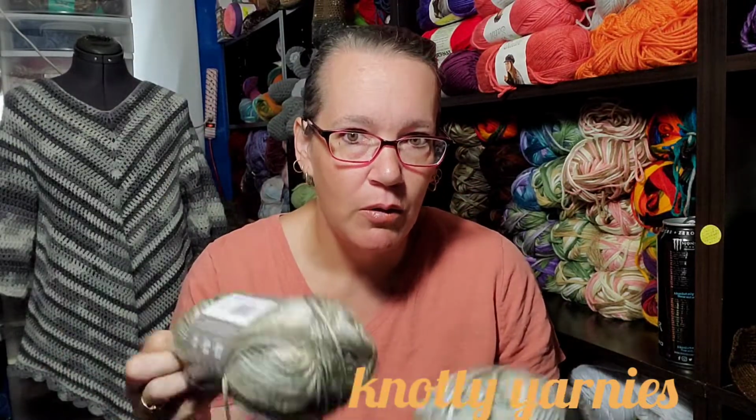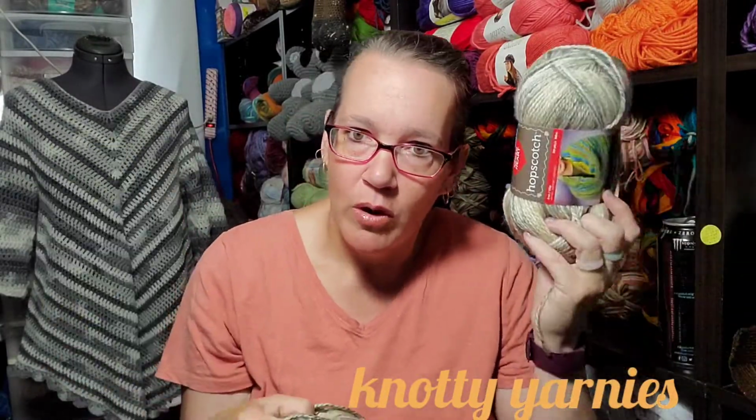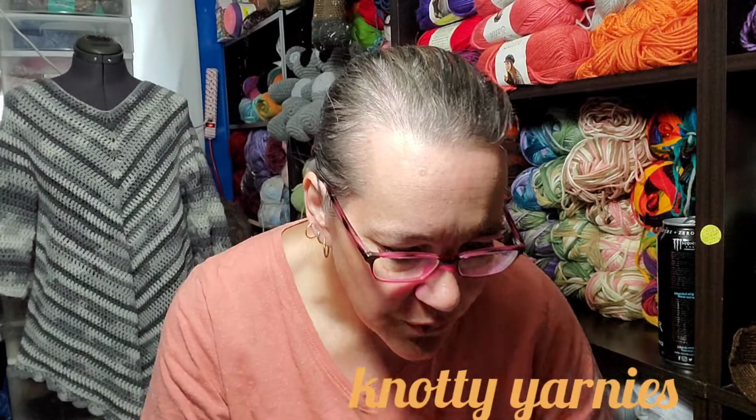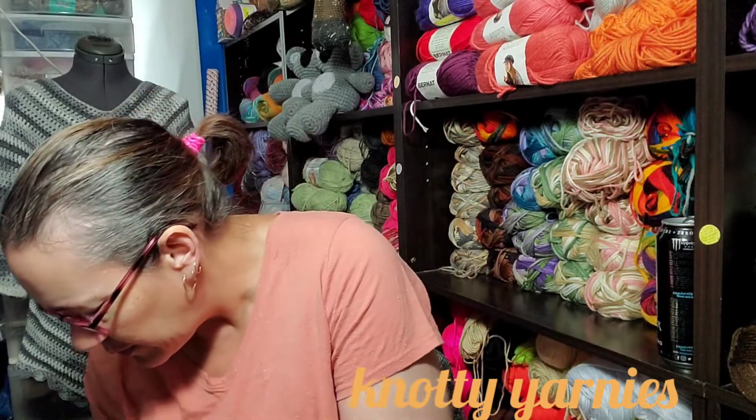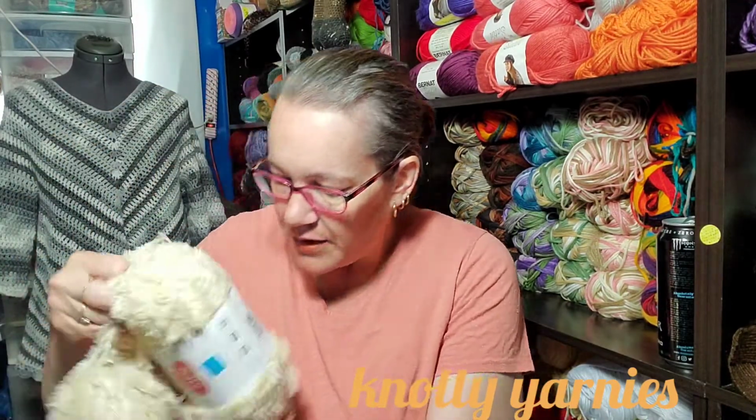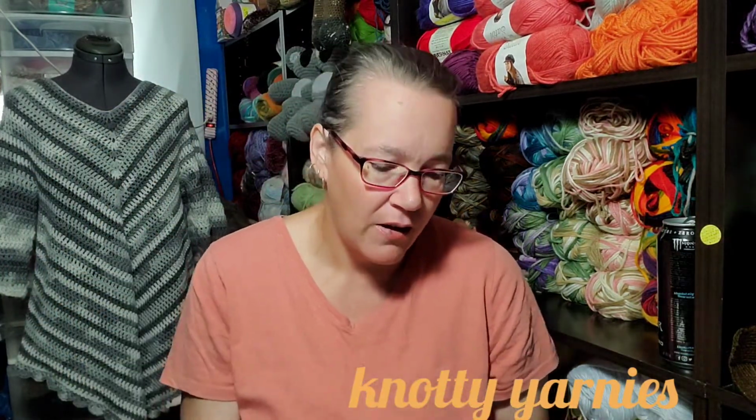Maybe one will be a messy bun hat and one will be a toque. I'm not sure. Depends how far the yardage goes as well. So those were the same price and everything, $3.97. The next ones I've got, I have used